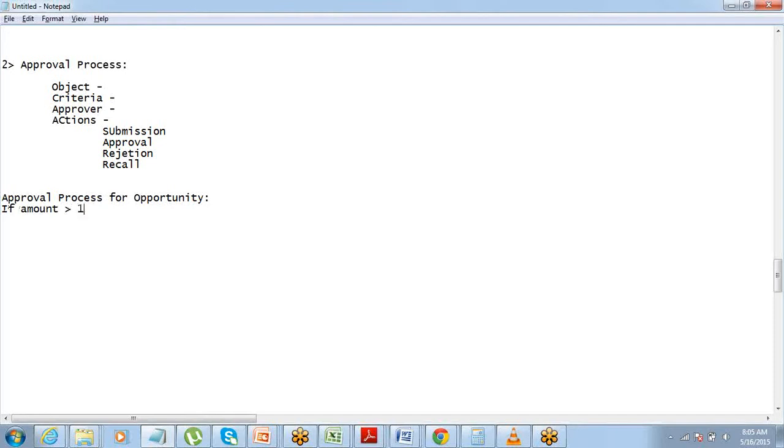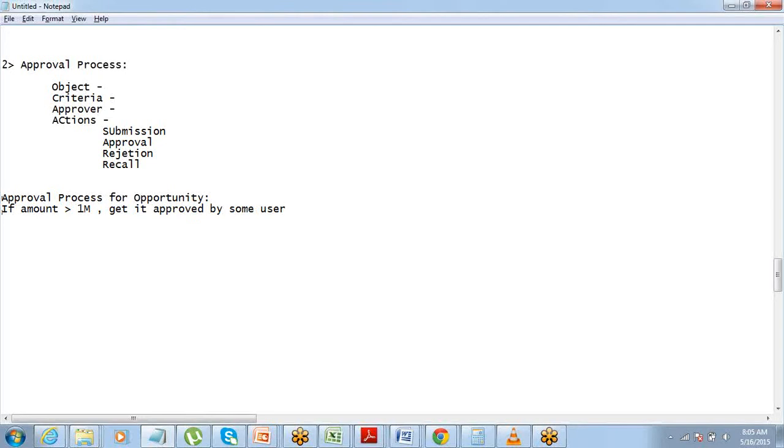In an opportunity, if the amount is greater than 1 million, get it approved by some user. Yes, some user, can be anyone. Right. So let's create this approval process.